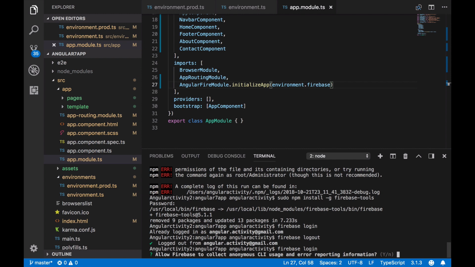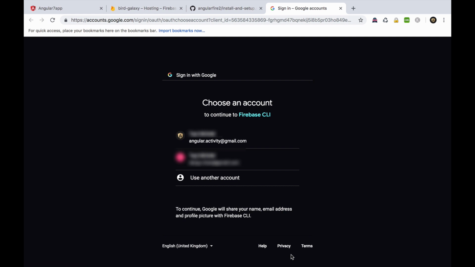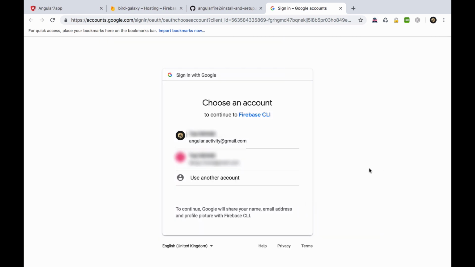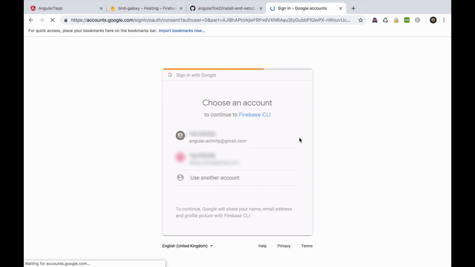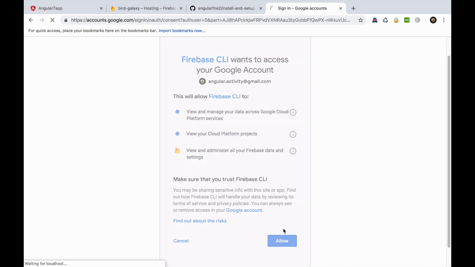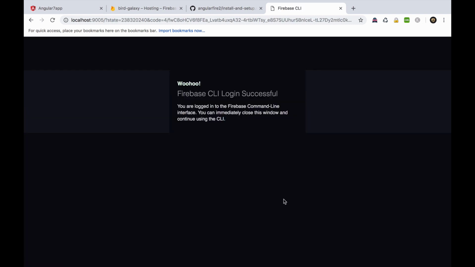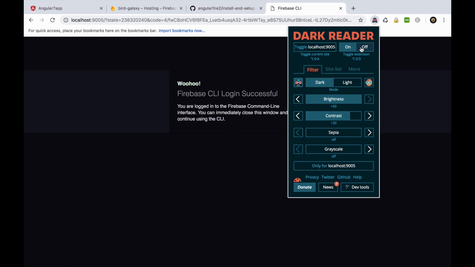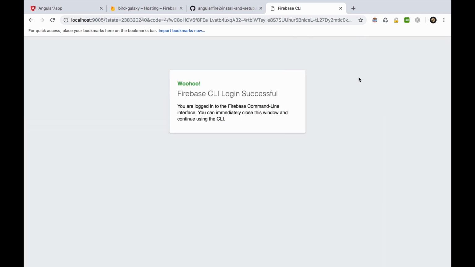I'm just going to say no. Now you have to choose the account you have used for your project. Make sure to click on the Allow button for Firebase to access your account. Perfect, now we are successfully logged in and we can follow the installing instructions.